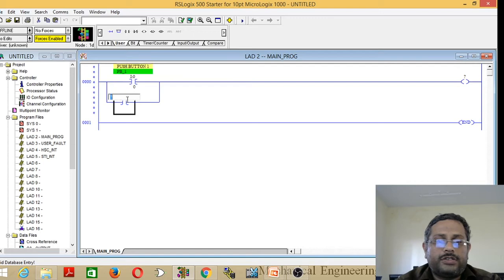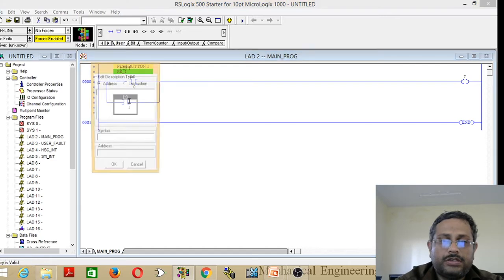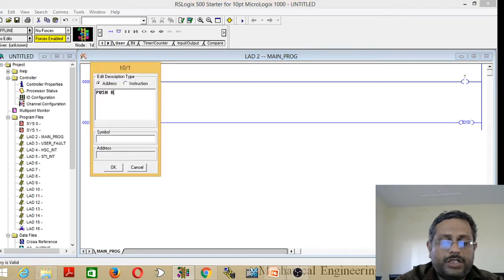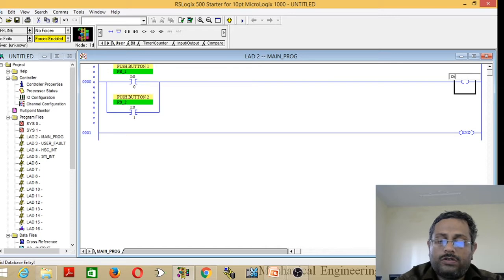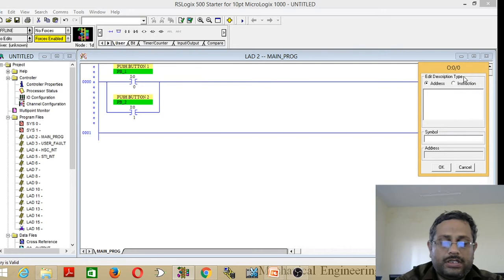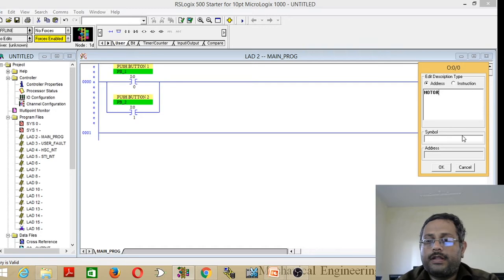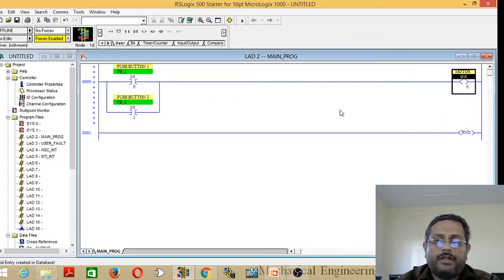This also same way, I colon 0.0 slash 1, click on OK, type push button 2 and give a symbol as PB underscore 2, click on OK. Then the same way output here O colon 0.0, then give a bit number that is 0, that is output is motor, then click OK.